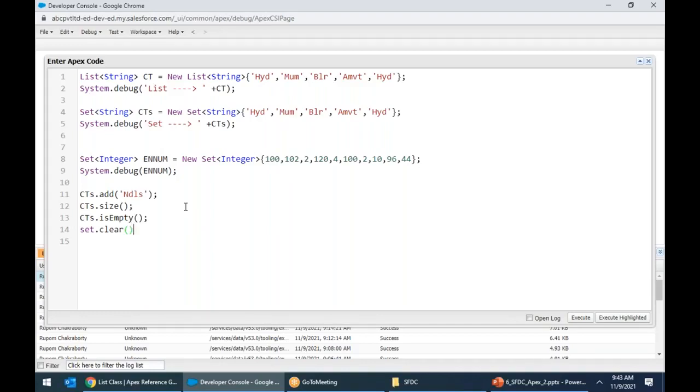All the commands will work except indexing commands because in set index is not there. All the list commands that you have learned now will work in set. The only difference is that the indexing commands will not work. Other than indexing commands, it'll work. Right? List set dot clear, CTS dot clear. Next,